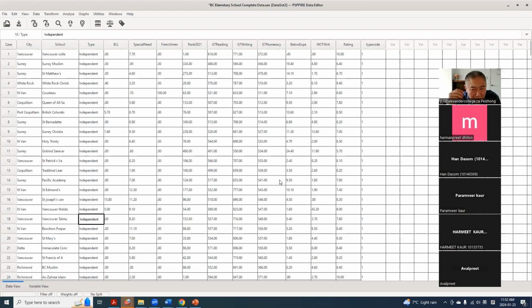Only a few people go to independent schools. 1 in 4 go to independent schools. Independent schools charge money. It's not free. And that's one analysis we can have. Another analysis we can have is, if you look at the grades,